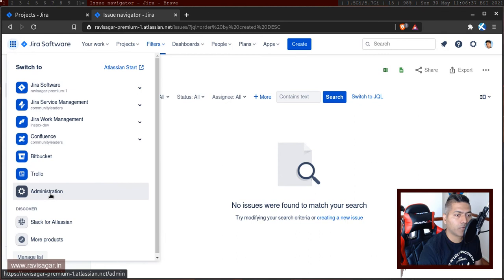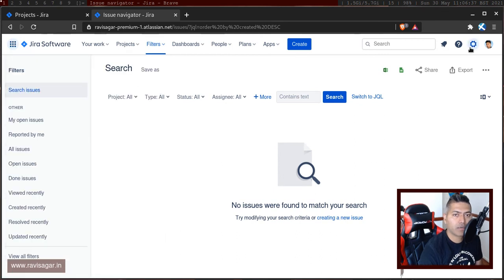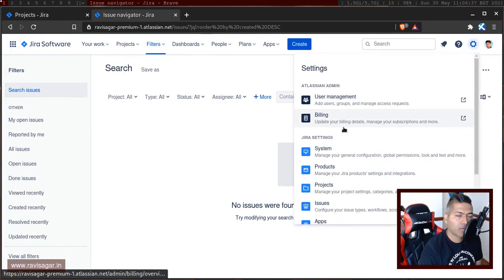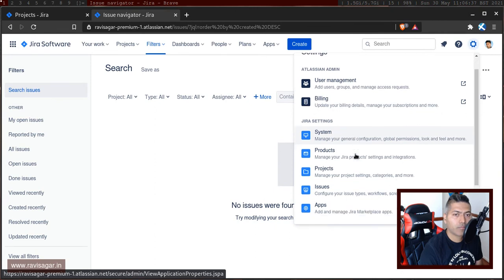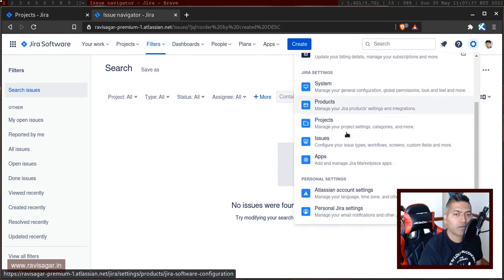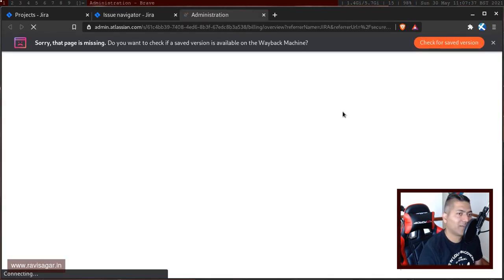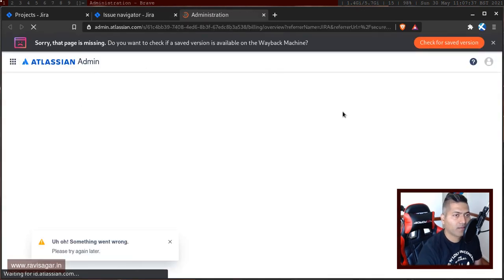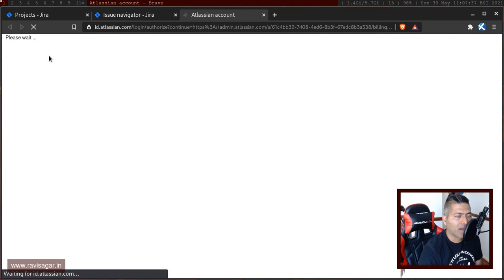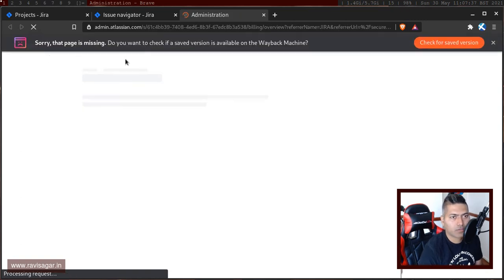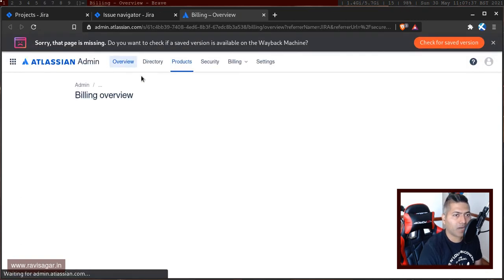Let me just try to go to the billing or system. I think maybe products. Okay, let us just click on the billing. Let us see if we can create a sandbox.